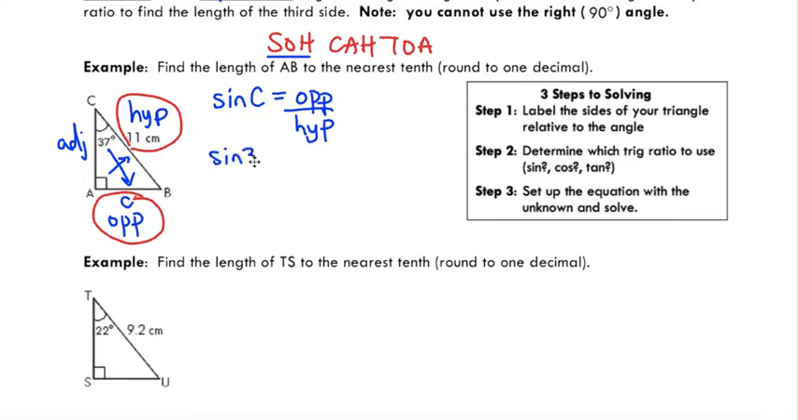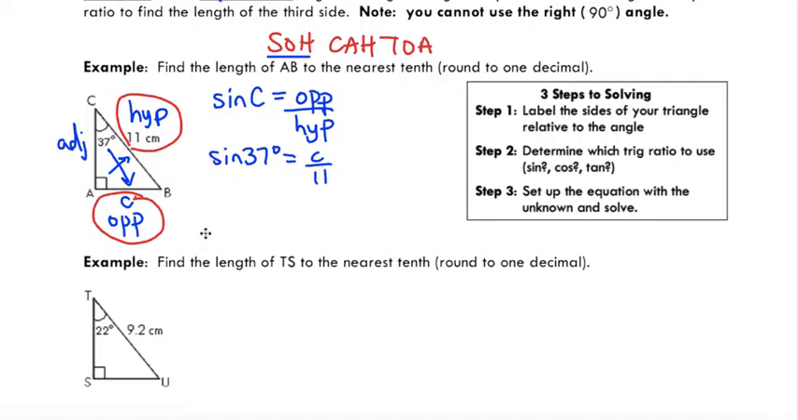So the next step will be to just substitute in what we know from this triangle. So 37 degrees is angle C. The opposite side is our unknown. We're going to call that little c. And our hypotenuse is 11. Now here is where we're going to be introduced to how we can use our calculator to calculate this measurement,